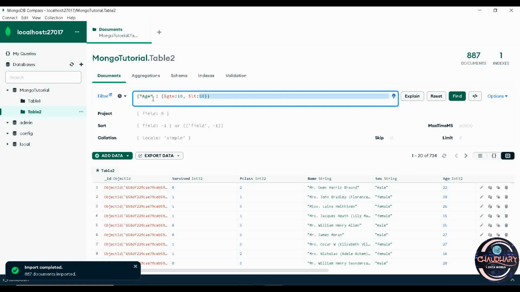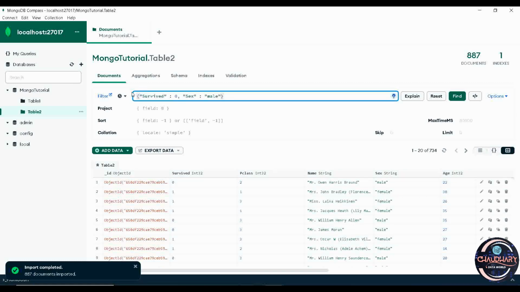So now let me make you understand what it is trying to tell. It is telling you that survived equals 0. Whatever document has survived equals 0 should be there, along with sex being male. There should not be any female in the sex field. Okay, so this is how we are defining AND. Now clicking on find,